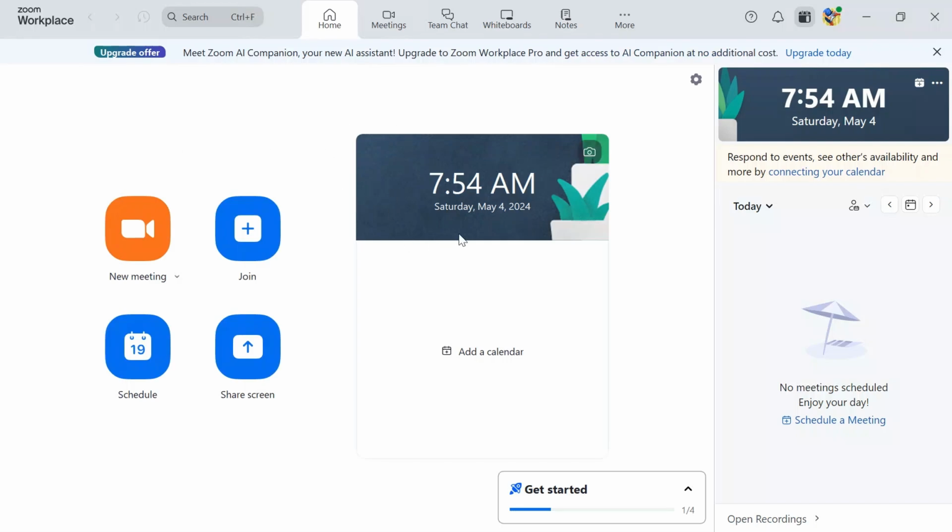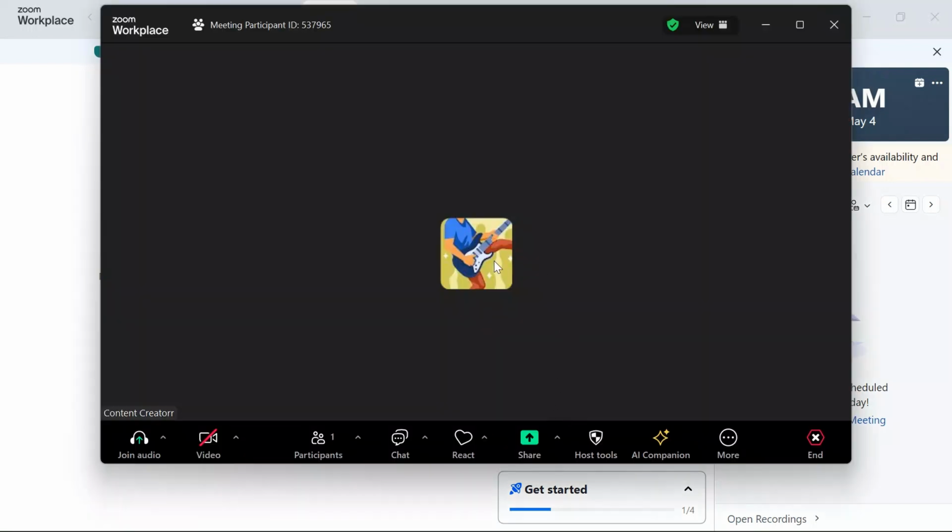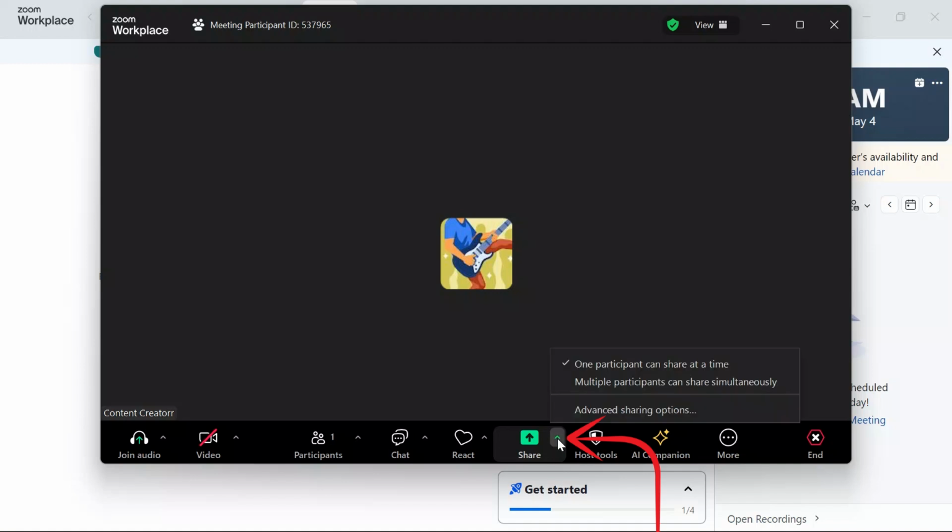Now, in order to give access of sharing into your Zoom meeting, you have to be in a meeting where other participants are. And after joining into the meeting, you will see this share option here. You just simply have to click into this pop-up menu in order to give access to the other members into